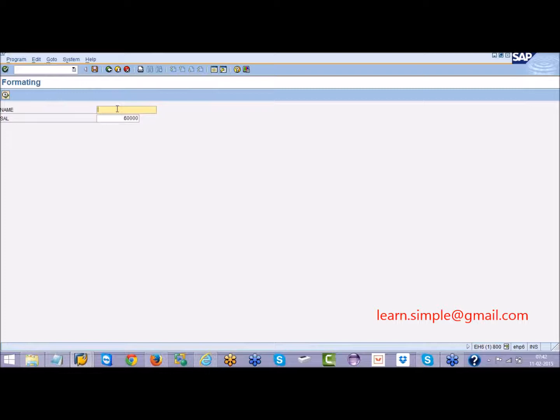So when the data type is character, when I am typing on my keyboard, the letters start from the left hand side and move towards the right hand side. Whereas when I'm typing some integers, the cursor movement is from right hand side to left hand side.